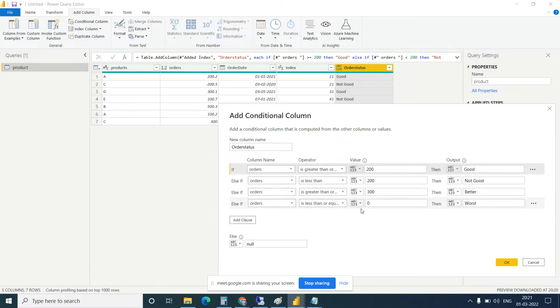So what we should do, we should take this one over there, and after that this condition will come. So what will happen, it will match with the first, less than 0, then it will match with the less than 200. Okay, so how will we do this? Here I will add a 0, and here I will add a 200, and here I will add a worst, and here not good. Are you getting what I did?